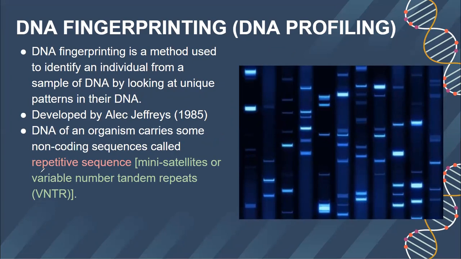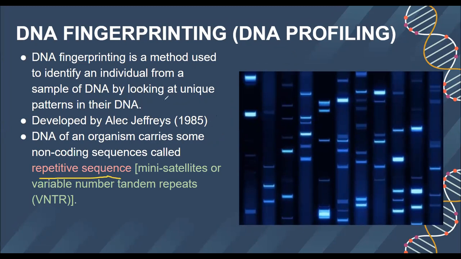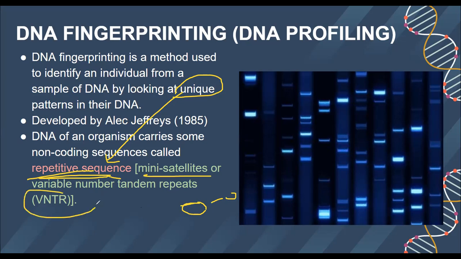We just mentioned the uniqueness, right? This uniqueness is because of these repetitive sequences which you will see in every individual, and these repetitive sequences will be different in different individuals. That uniqueness is because of this. So my repetitive sequence will be completely unique from yours. They're also known as mini satellites, or the technical term is actually variable number of